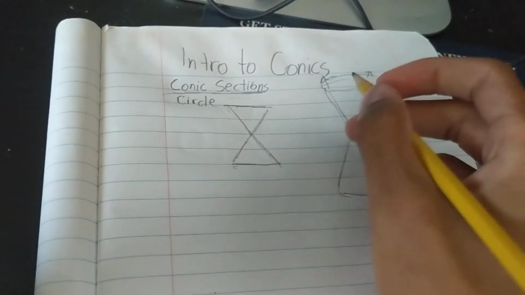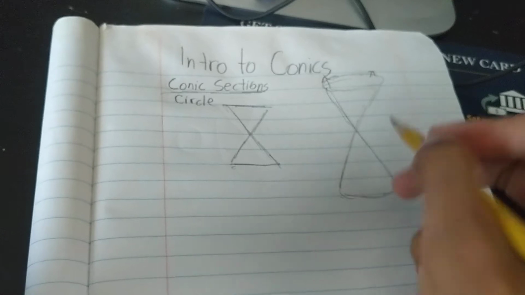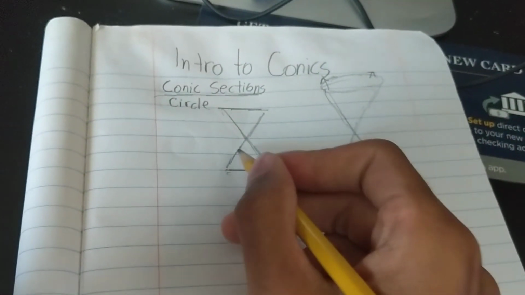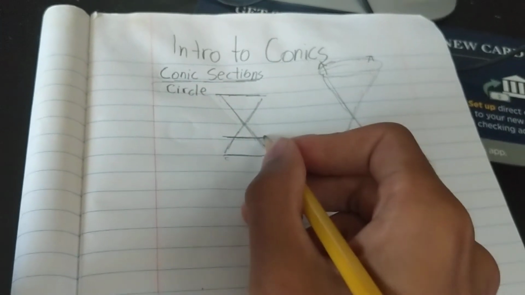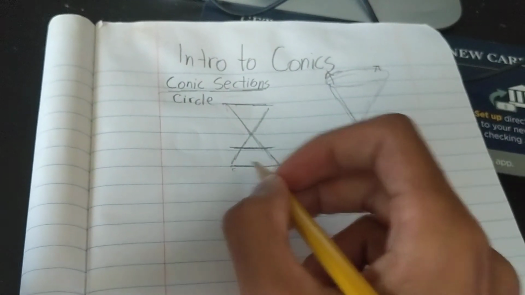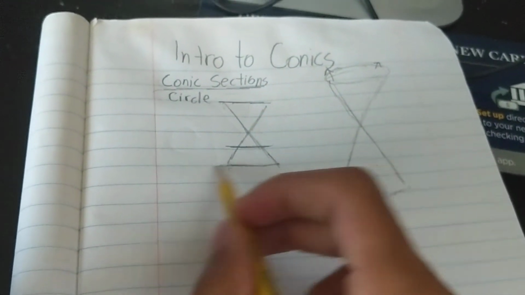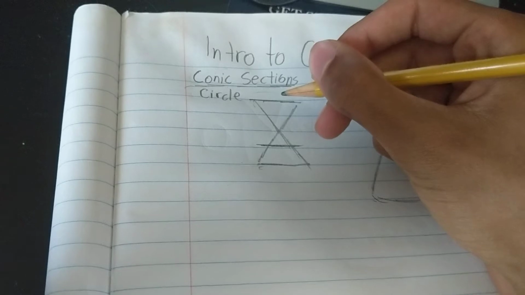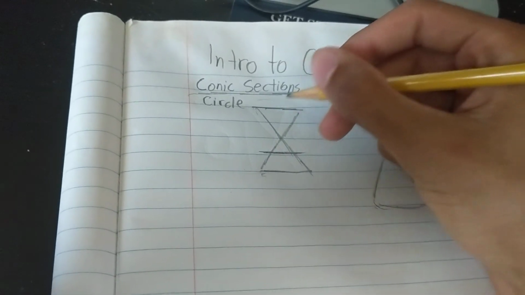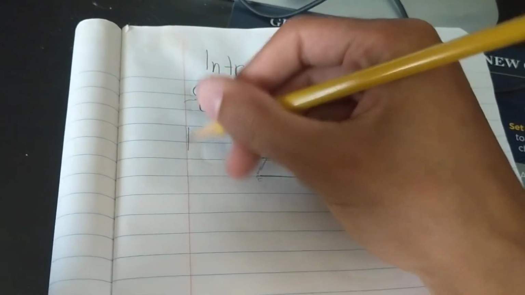So basically, in order to get a circle from this section, we're going to take a two-dimensional plane and we're going to go straight down the middle. This is completely straight and parallel to this plane. It is a 180-degree plane, so to speak. And so if you were to look from the top of this cone, you would get,